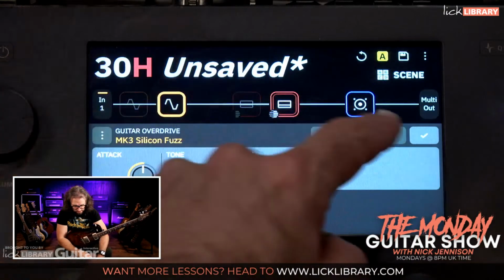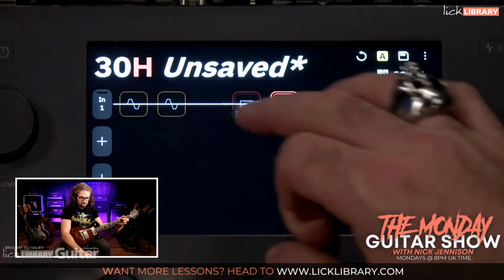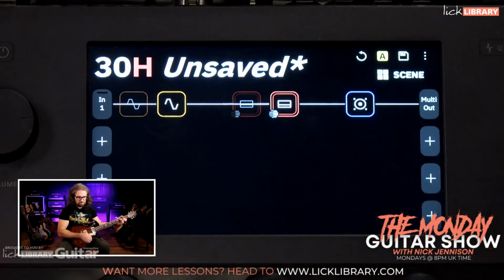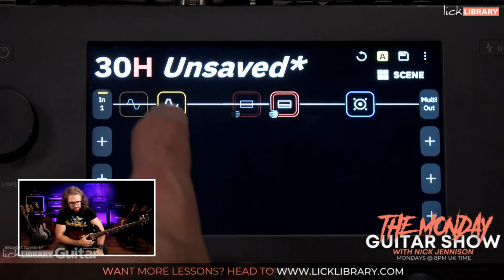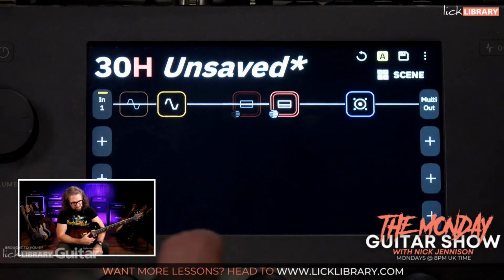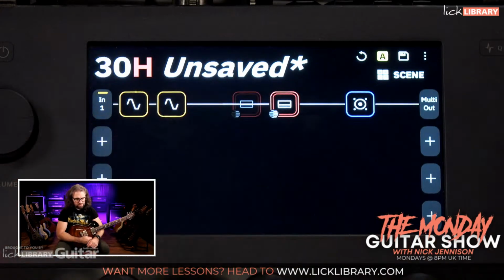Here's the fuzz is active. Here's the dirty amp with fuzz. Now there we've got two big personalities interacting. We've got two big colourful sounds that are both battling for supremacy here. And it's the one at the end that usually wins, but in this case the fuzz is kind of holding its own. Now if I turn my overdrive on in front of the fuzz, in front of the dirty amp,